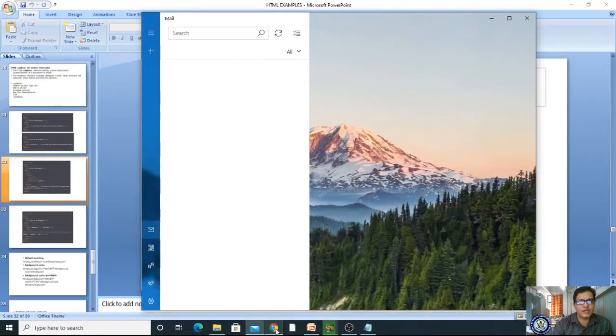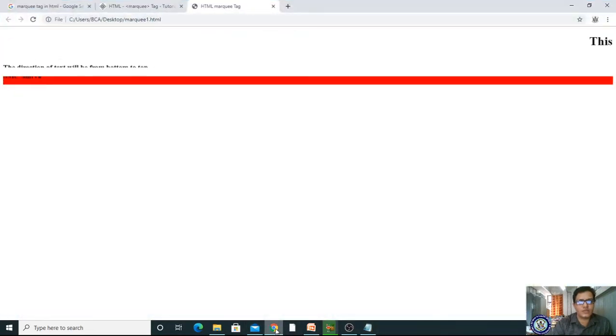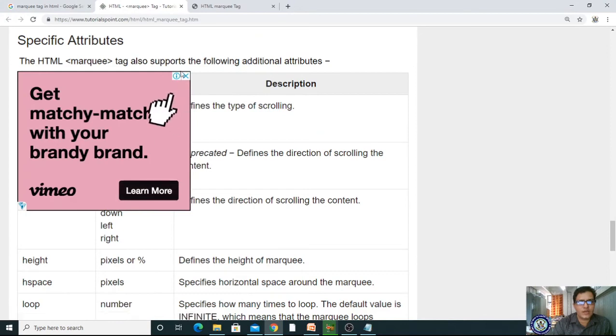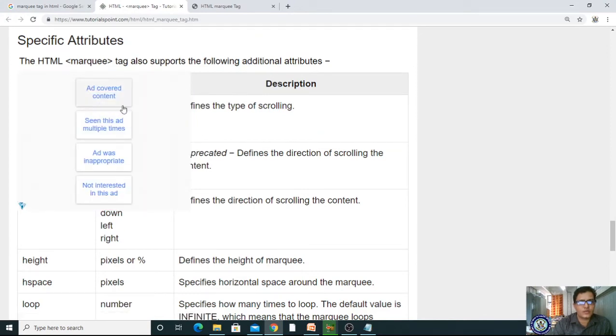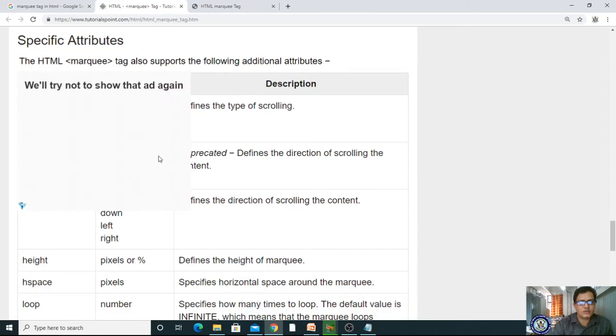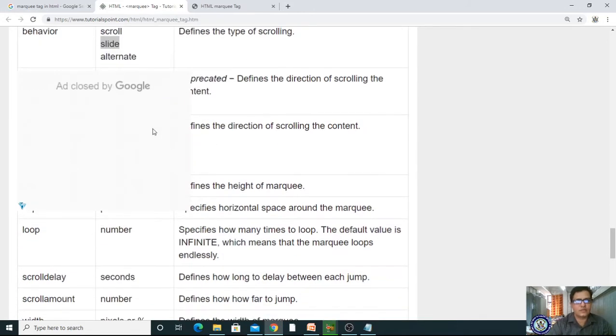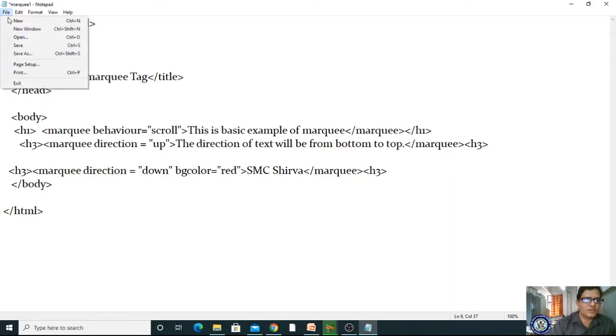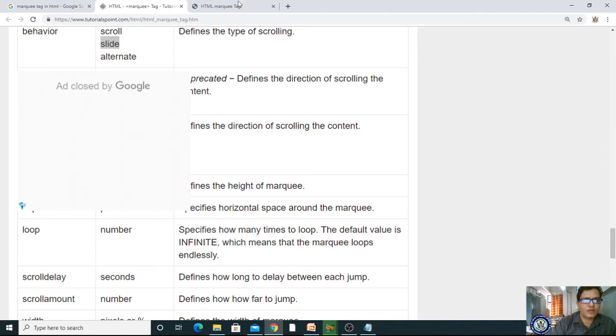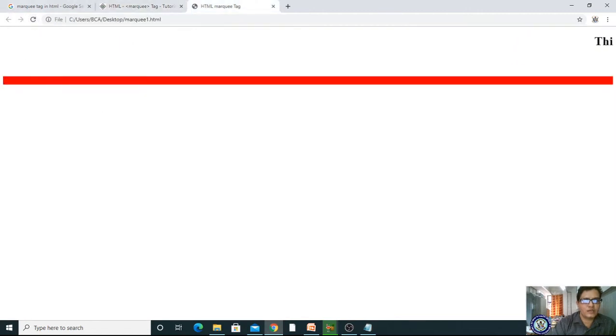Suppose I take the property as scroll, then you can see what happens. I'm saving this attribute. Now scroll. Let me refresh my tag.